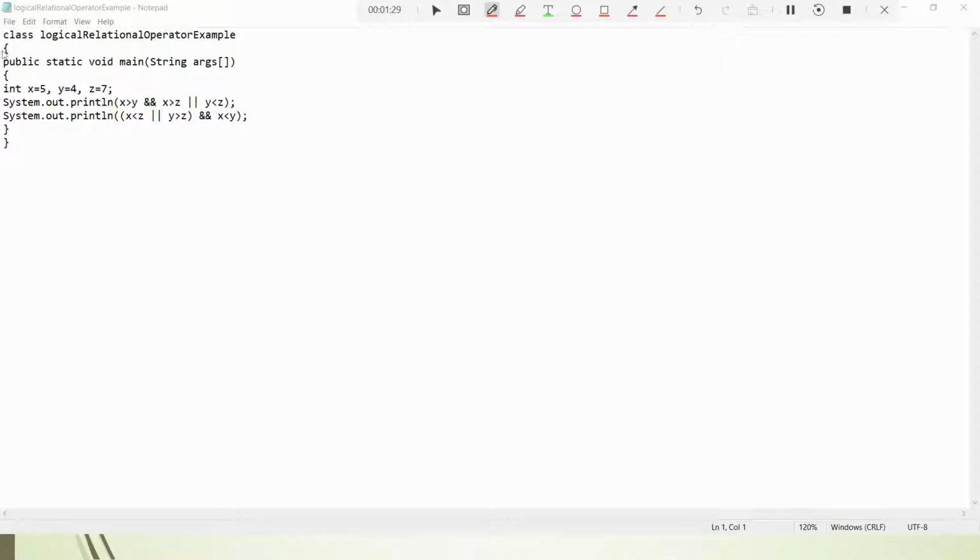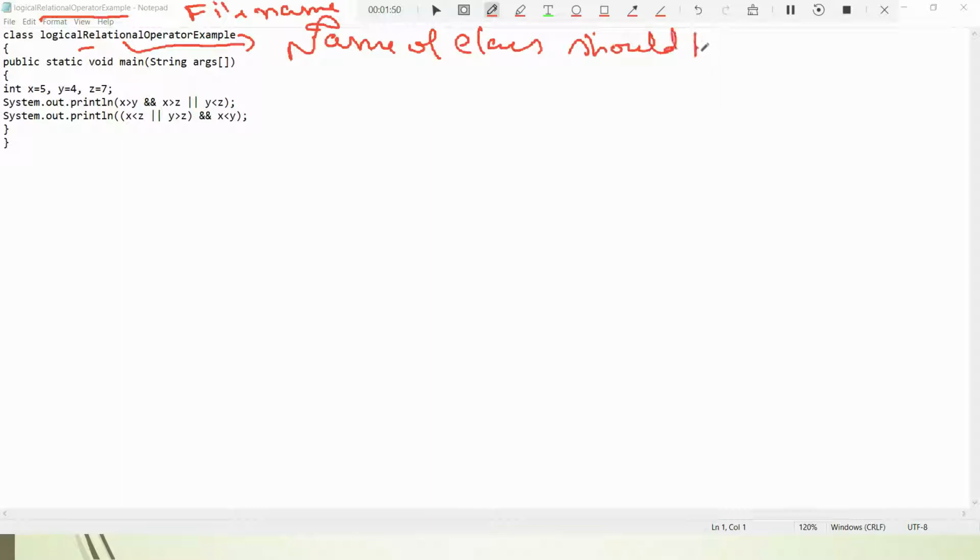So this program, let us see what happens. You have a class, and this is the name of the class. Once again I will tell you, the name of the class and your file name should match, should be the same. Then afterwards, how do you declare? I have declared the things here: public static void main, integer, so 3 variables x, y and z with values already given there. Now how do you print? I print in this way, System.out.print. Let me see what the output of this is.